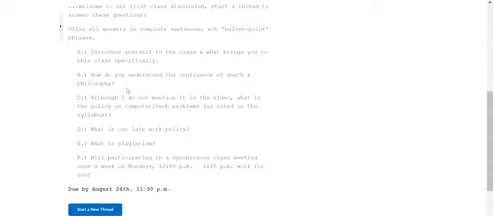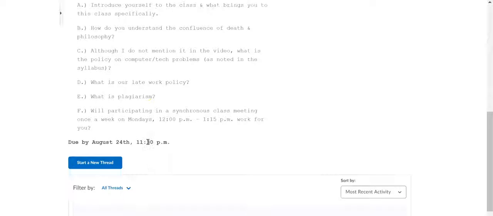C, although I do not mention it in the video, what is the policy on computer tech problems as noted in the syllabus? Then D, what is our late work policy as noted in the syllabus? And then E, what is plagiarism? I just want you to answer that because this tends to be a problem every semester.